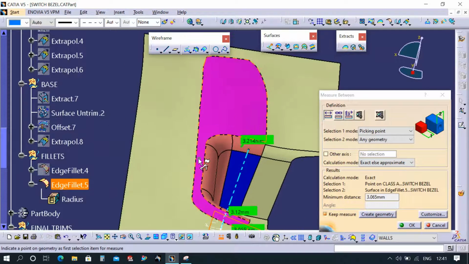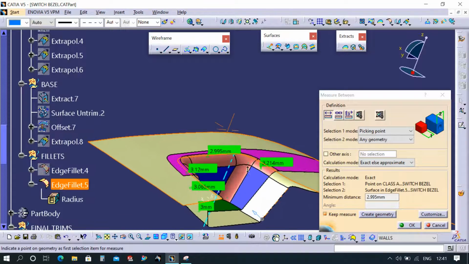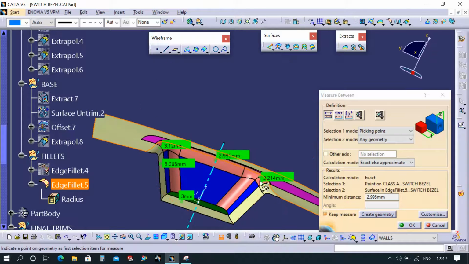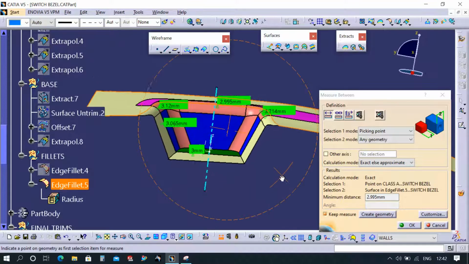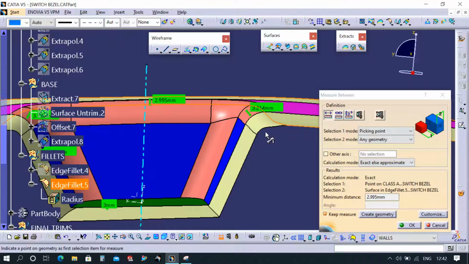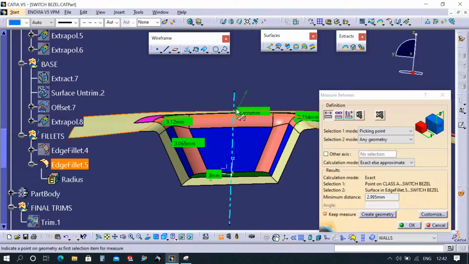And you have to see this top surface also, 2.995. Approximately we are going for the 3 mm thickness, right? Only we are getting here 3.2 and 3.1, which is okay, we can go that much also. But if you decrease this fillet by adding or reducing, we can get the 3 also. So try as much as possible to get close to the 3 mm thickness, so that will be the best fillet for this component.